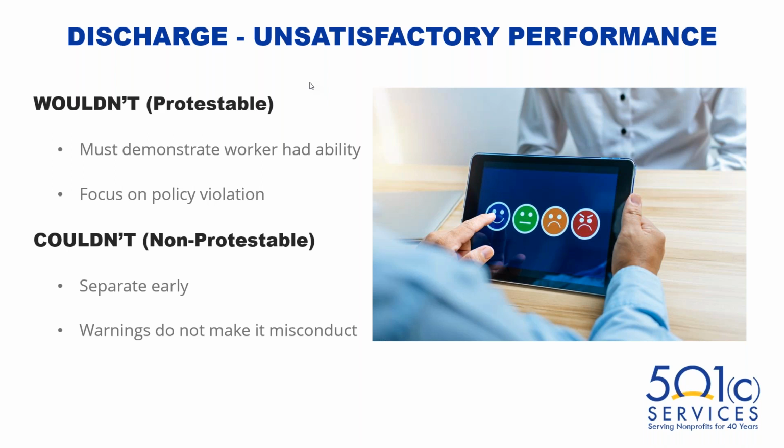Okay? Now, there are situations where a worker has worked for you for some time, and they've previously been able to meet the performance standards and have been doing the job at acceptable levels, and now for whatever reason, they're not, right? And their duties haven't changed. Now, if their job has changed, that kind of starts the clock over, right? But if their job has been the same, and for whatever reason now, they're just not performing, then that could be considered misconduct. The key is that you have to prove through prior performance